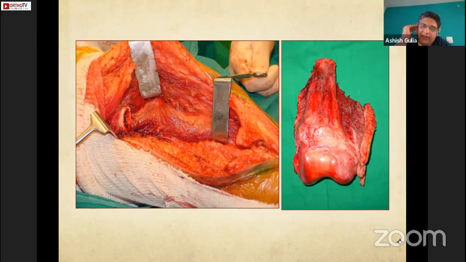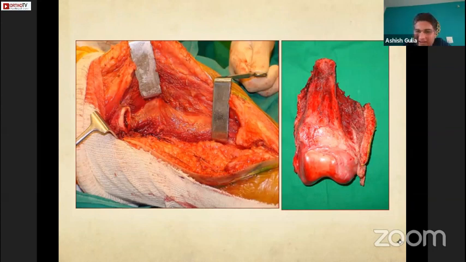So when we spoke about local control, we saw that surgical resection is the best way to achieve that. This is a typical picture of how you excise a tumor and then you get a nice specimen which has a good coat of normal tissue around it, and you can also see the scar of the previous biopsy. It results in defects which may be 10, 12, 15 or 20 centimeters in size, and then you need